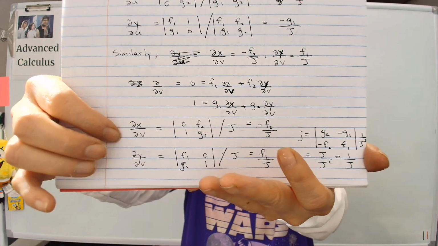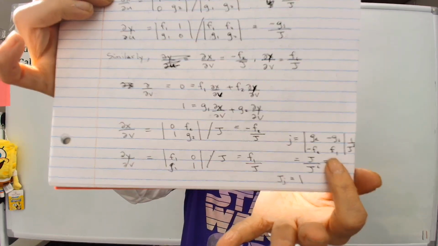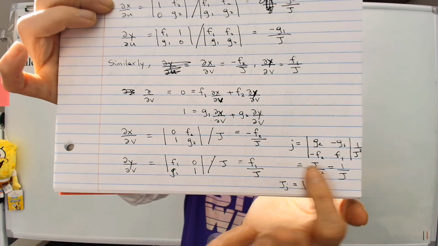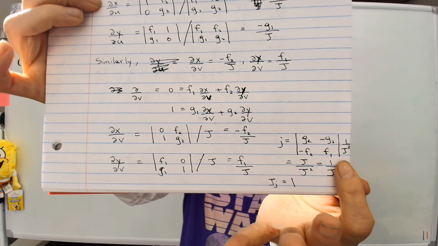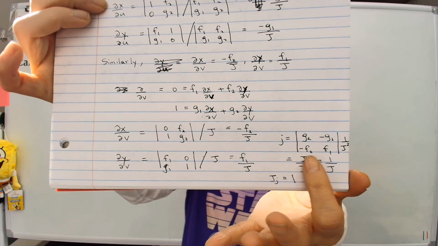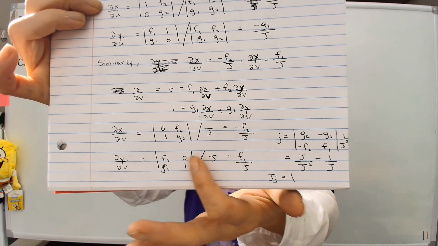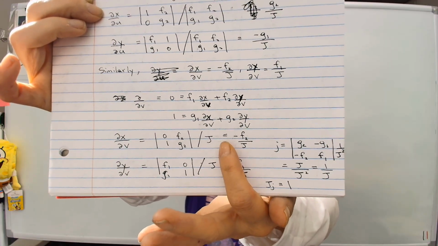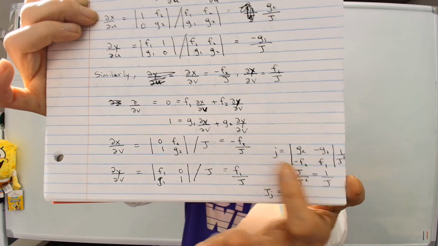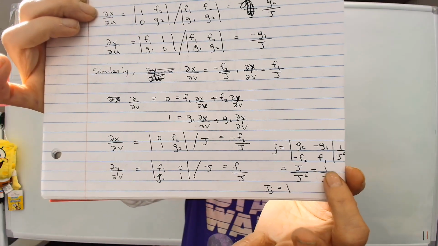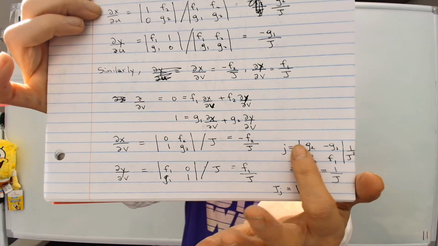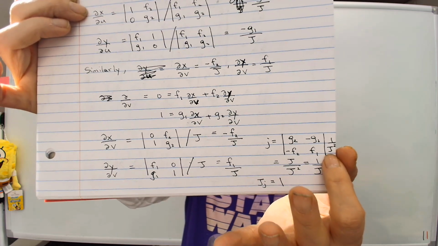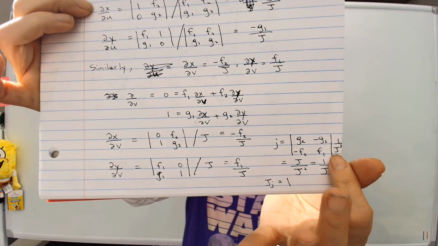So once we calculate them out, we plug them all in, and we will have a common factor. Each partial x partial v, for example, is divided by j, so we can pull it out. There are two rows being divided by j. Remember I said that if one row has a common factor, you can pull it out. Now both rows have common factors of 1 over j, so we end up with 1 over j squared